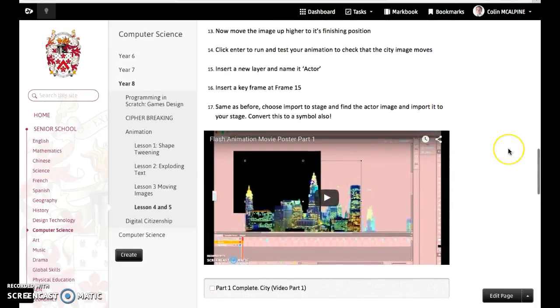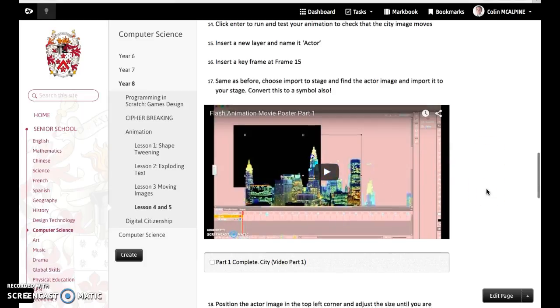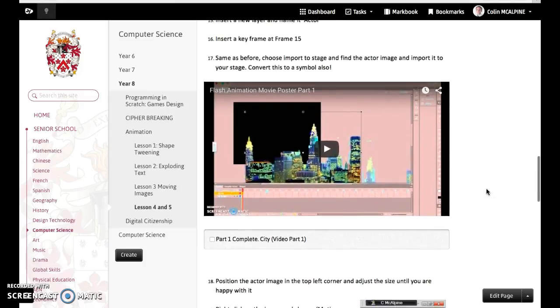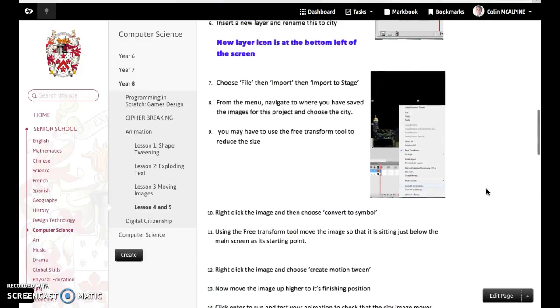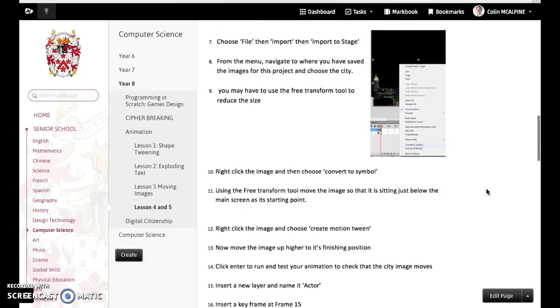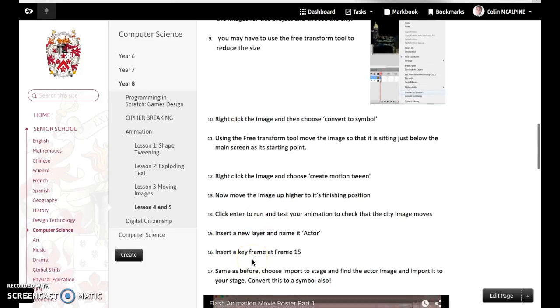Part 1, hopefully you've managed to finish and you've been keeping track of your progress, and you should have the city PNG file moving up from the bottom, extending the number of frames, in fact, to be 48. So we need to go back up slightly to finish, or to start part 2 rather. So we've done all of this, we've created the tween and up to 14, so we're on to part 15 now,